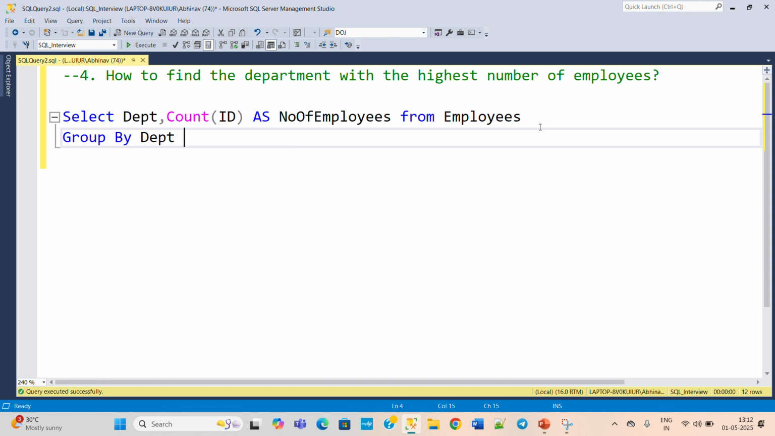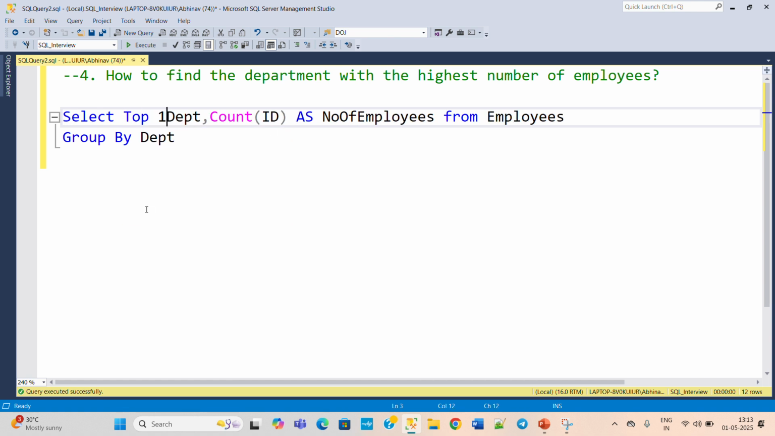DEPT. And now what we need? If you distribute the questions part by part, then it will be easy for you to solve them. So the next part is how to find the department with the highest number of employees. Here we are finding the number of employees, and for the highest number we need a single record. So we need to put a select top one department and count of ID from the employees table,